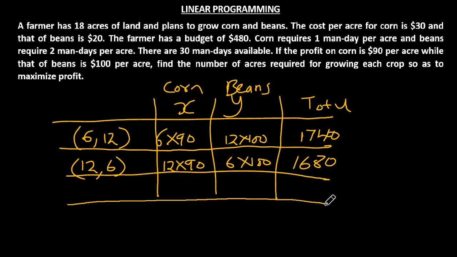My third coordinate is (15, 0), and if I say 15 times 90 and then 0 times 100, I get that my answer is